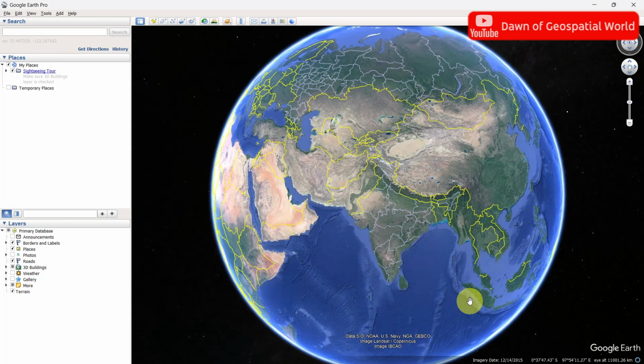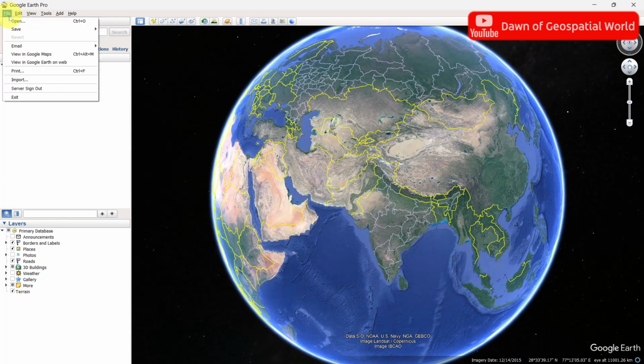I have opened my Google Earth software. This is completely free software. Search it in Google and install it. Open our point shapefile, which is converted into KMZ file.